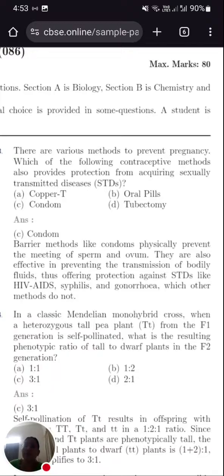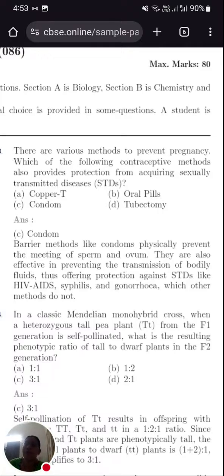Mechanical method, there comes condom. So condom is used by the male, which protects from STDs also. So here the option condom will come as it is protecting STDs. Whereas the copper T comes under chemical method as it is a chemical, and oral pills, these two will